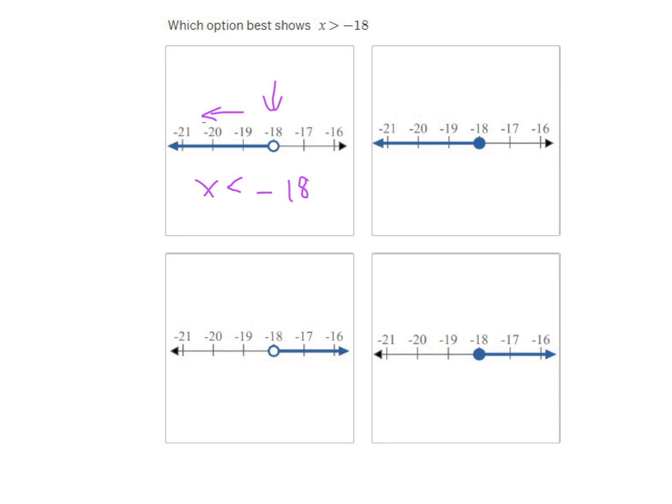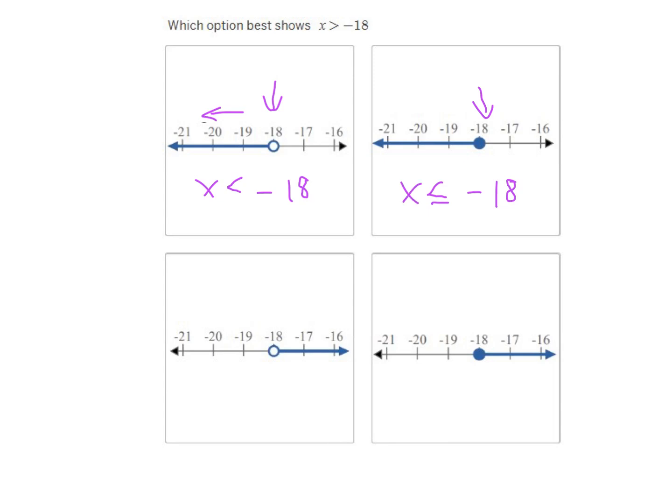So in the next slide, we've got a solid circle at -18, and it's still pointing to the left. So -18 is our important starting number. Let's write that down. And we can see that everything's pointing to the left, so we'll have our symbol pointing that way as well. But when we decide if we should also have the equals with a less than or greater than, we look to see if the circle is colored in at -18. If it is, then we also put the equals there,